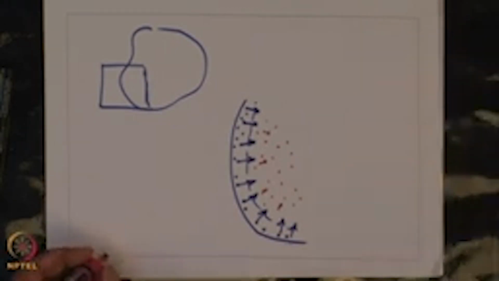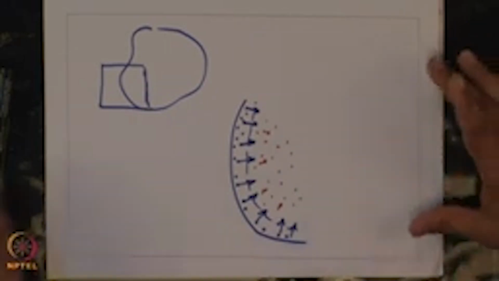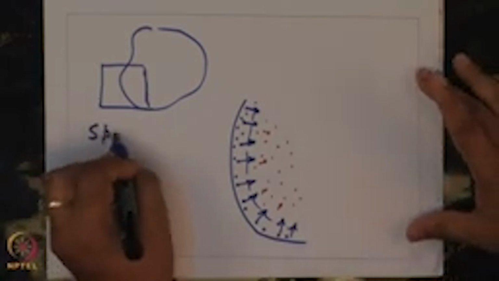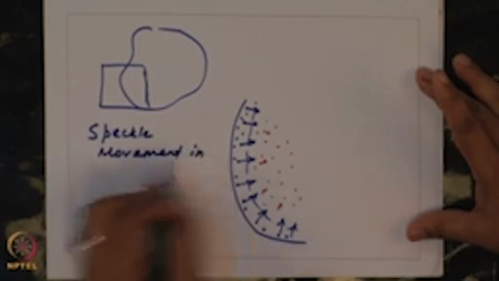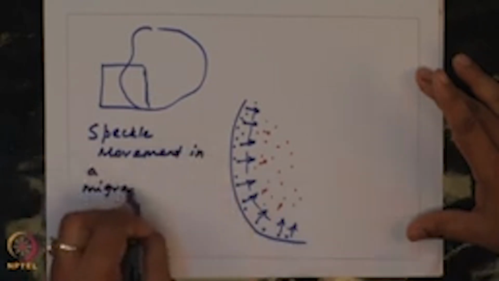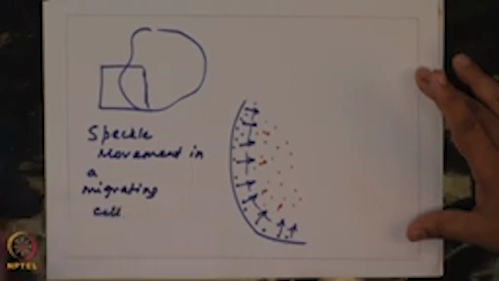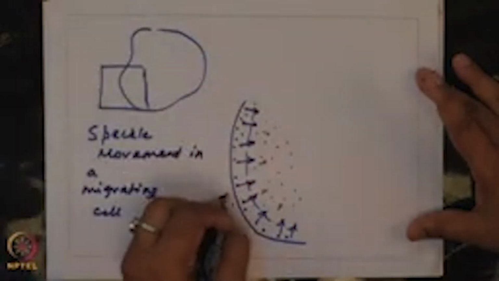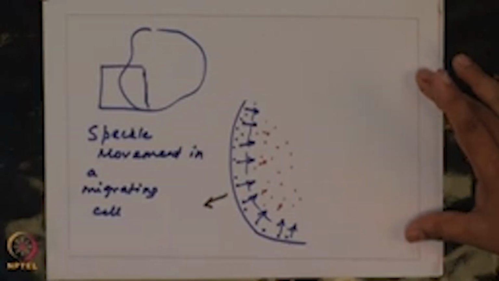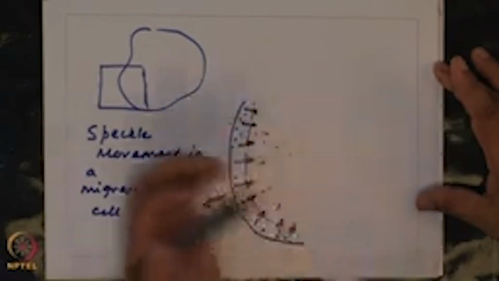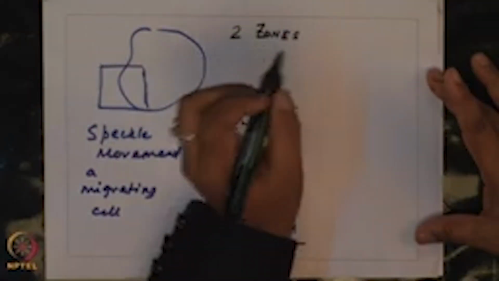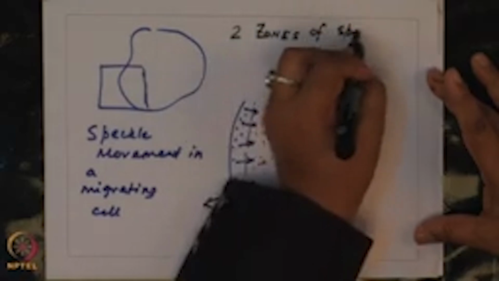Okay. So, what I have drawn here is the distribution of speckle movement. What you are looking at is speckle movement in a migrating cell. This represents roughly the direction the cell is moving at this point of time. So, what you see is that there are two populations of speckles, or two zones of speckle behavior